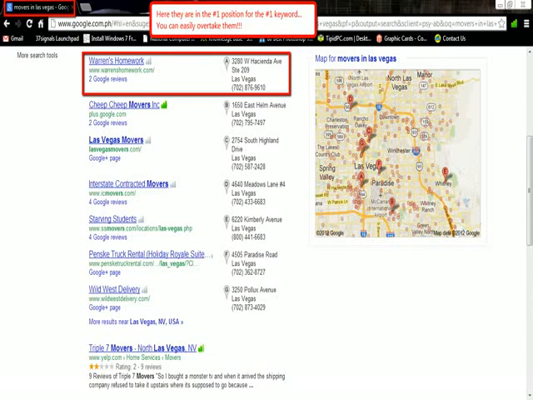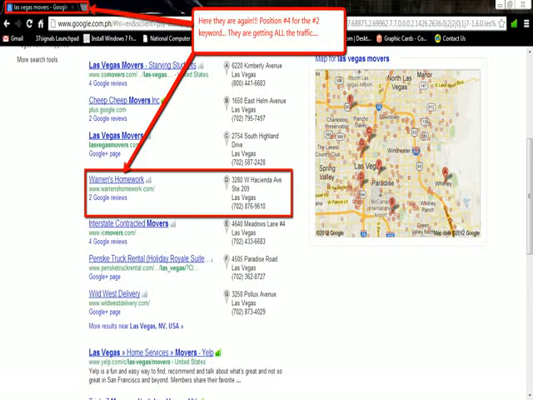Now, if you go to Google and do a search for your business's keywords, it's really obvious who seems to run the show as far as Google goes, right? Now, I did a couple quick searches, and as you can see, they show up more than once. Here they are again for a completely different search term, and I know if I keep on looking, they're going to be all over the place. Now, this is a big problem because they're literally taking away all the business from you on Google because they get all the traffic. Now, I'm going to show you how they're doing this in just a minute, but first,